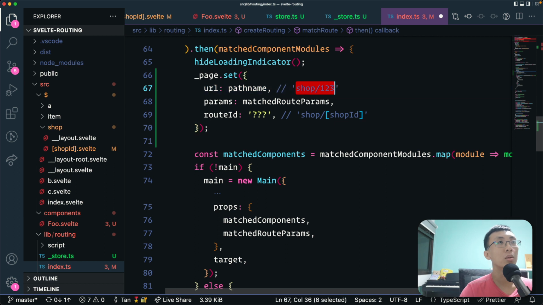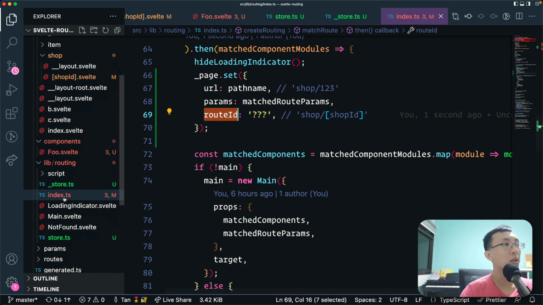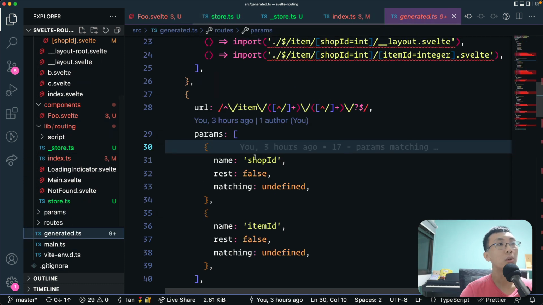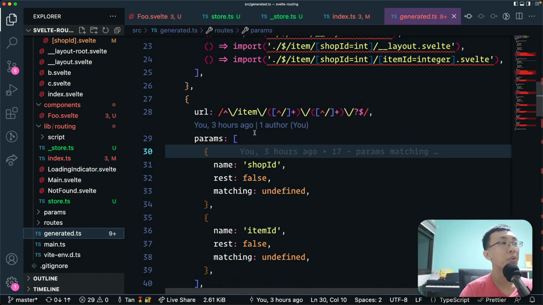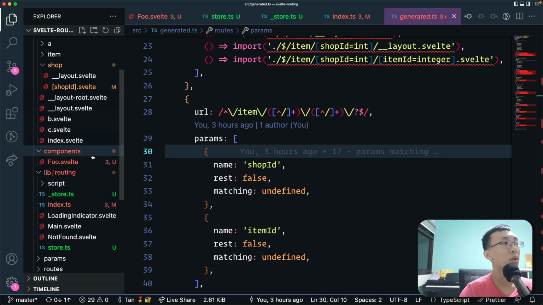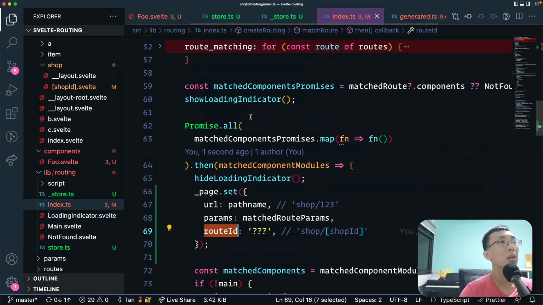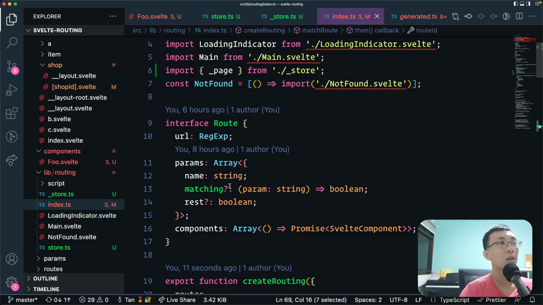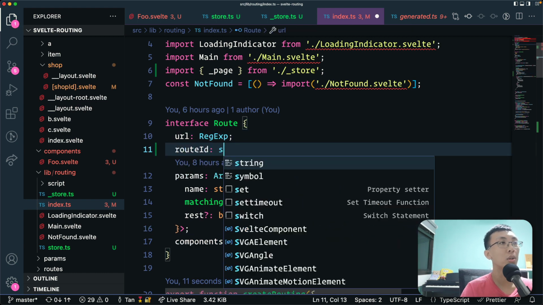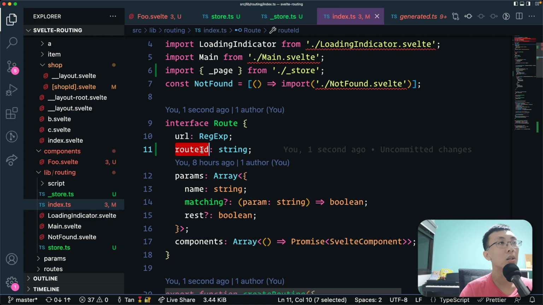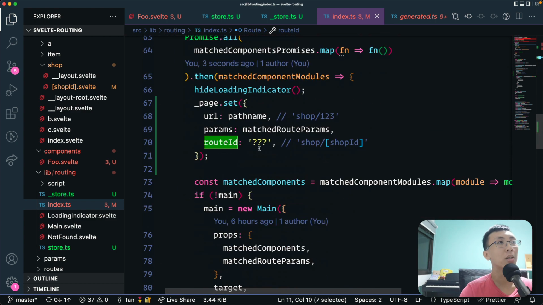So this is gonna be the route ID, and if we look at the generated code, we don't have that information anywhere to be found. So of course we have to generate it. Here temporarily, in the routes we have URL, params, components. We also have a route ID, which is a string. Assume it is here now, then I can use the